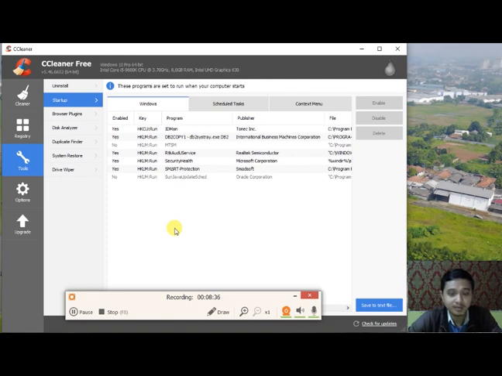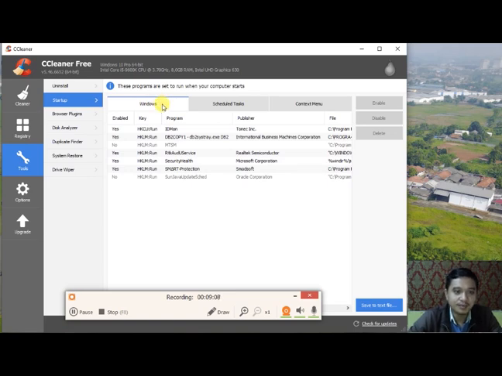There are important programs that you should not disable. So you must choose carefully which program you want to enable or disable at startup. If you disable an important program, your computer will not run effectively, or it may not turn on at all.